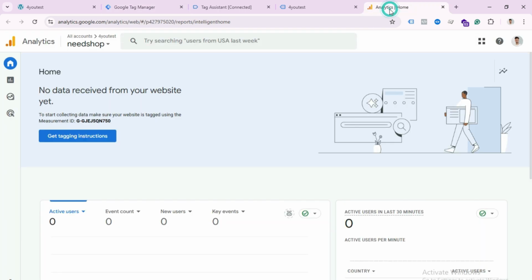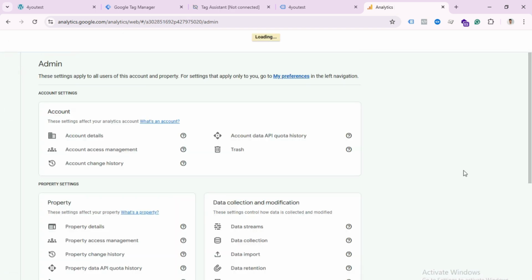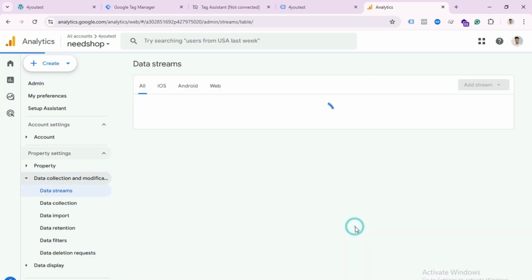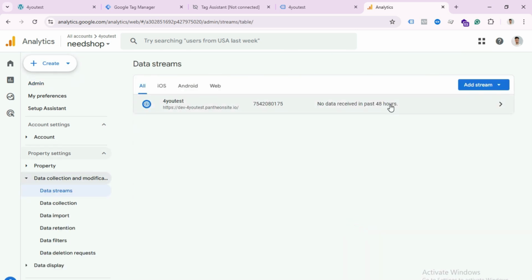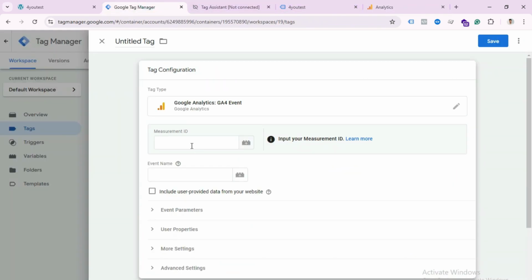So we already know how to get your measurement ID from your Google Analytics account. Again, open your Google Analytics account, go to the admin section, then if you select data stream, you can easily get this measurement ID. Just copy it, open your GTM account again and paste here. So if we create many tags, we have to paste our Google Analytics measurement ID many times. But I will show you how you can save your time. So remove your measurement ID from here,